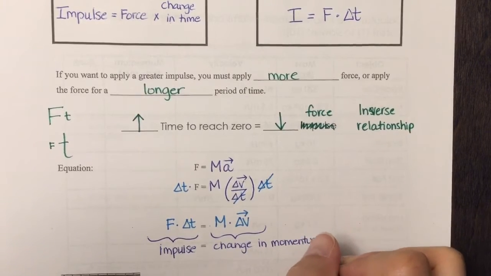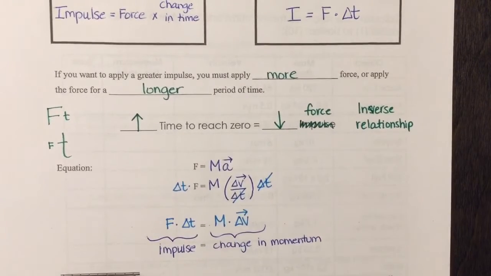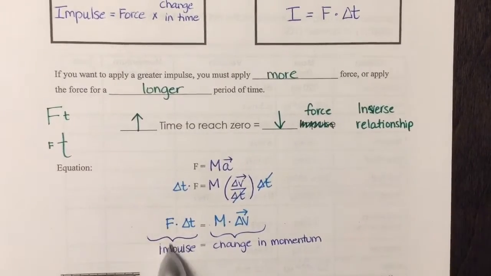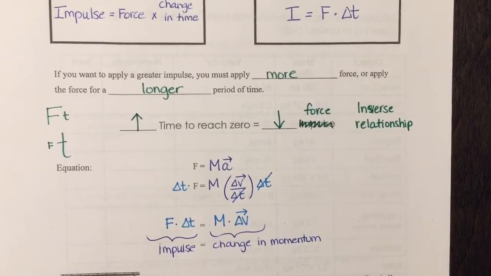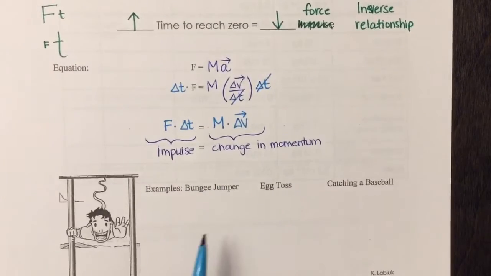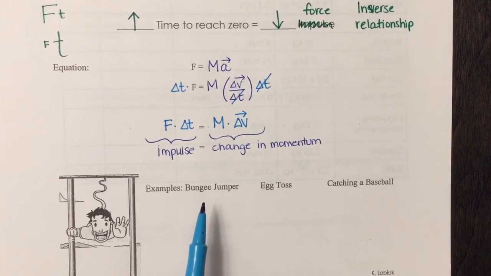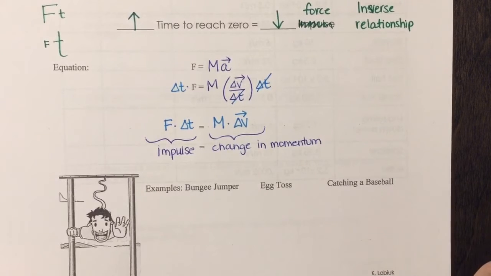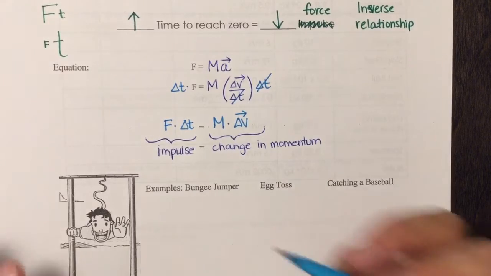Okay, we just did a little science proof. So that's all it's saying, is that impulse is a change in momentum. So think about if we go bungee jumping. What is wrapped around your ankles before you jump off of the bridge or the high plateau? Is it a chain? No, it's like a soft cord.